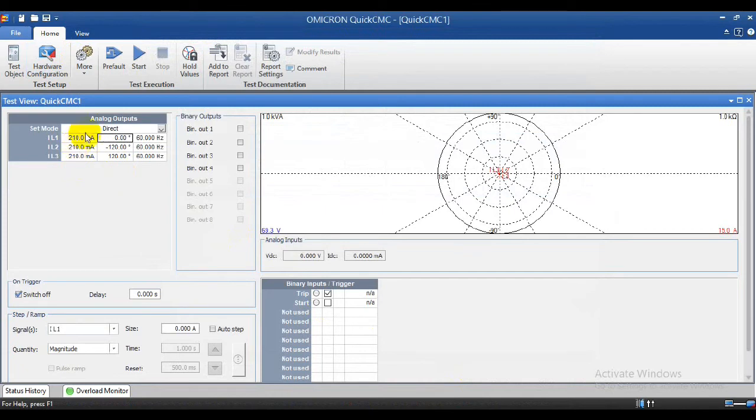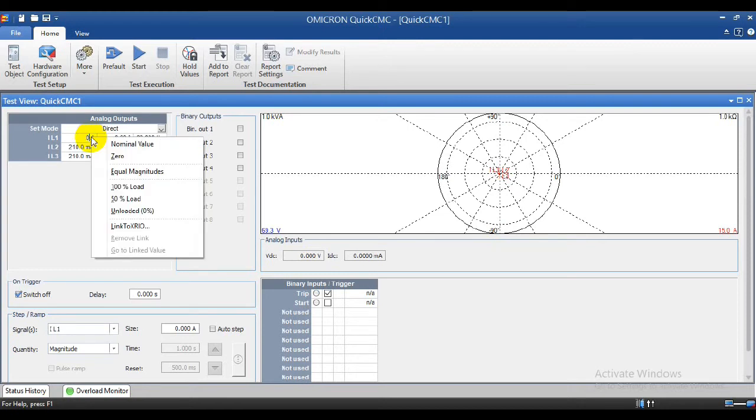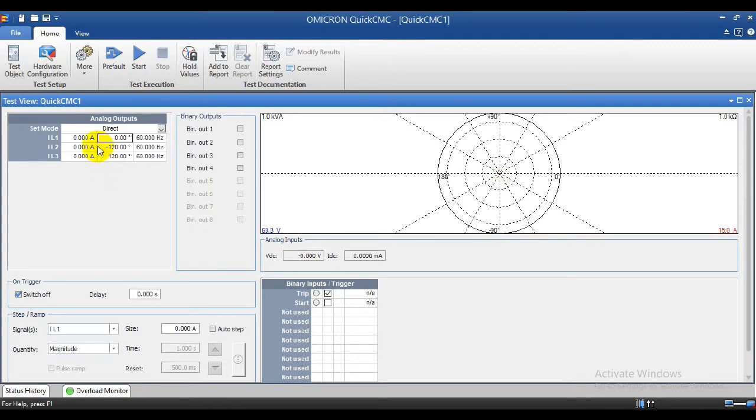So you can give the current as per the settings. And now I am going to give 210 milliamps. You should check the settings from your relay and you can inject.